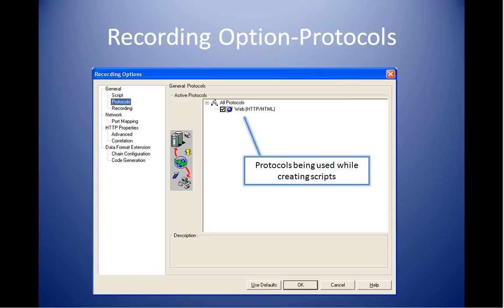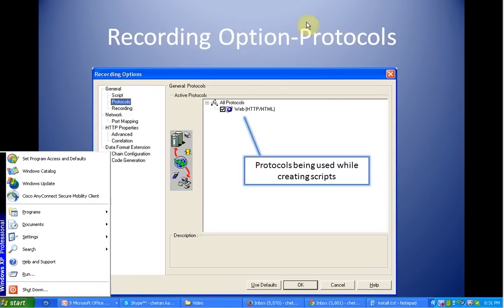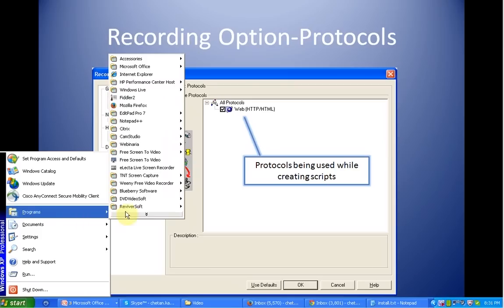Let me launch Vusion. This time I am invoking it from the application. The last time I did it through LoadRunner, but this time I am directly invoking it.